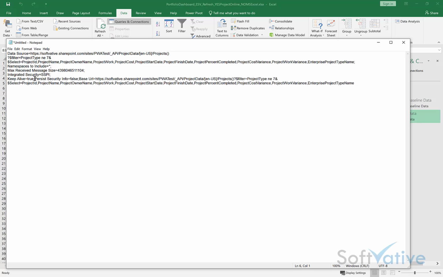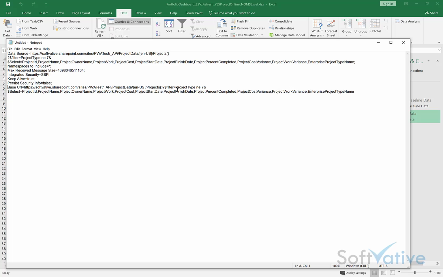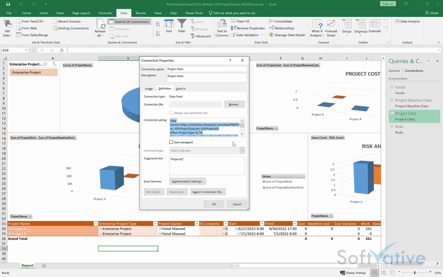Keep alive is equal to true. Persist security info is false. And then there is a base URL. The base URL, including the filter, matches the one from the data source. But I think it's these parameters which are different compared to the default files, which is making it work in the ProjectOnline. But then